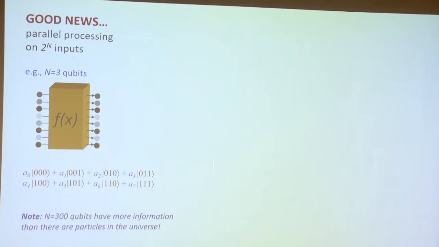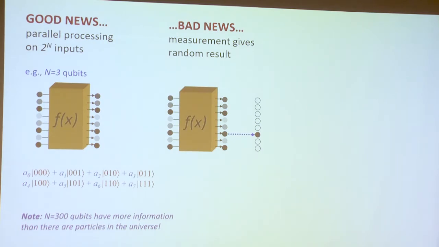Okay, well that's all the good news, all the nice hype, parallel processing, if you've heard about it. You should always ask the question, well, parallel processing of what? What good is a computer if I can't look at it? And of course, when you look at it, you only get one answer. And worse, you don't know what that answer corresponds to because it's random. So it's worse than a classical computer in a way, because this output, I have no idea what it means because I don't know what input resulted in that output.